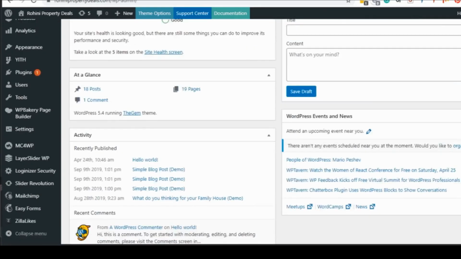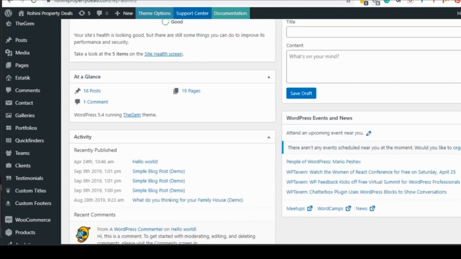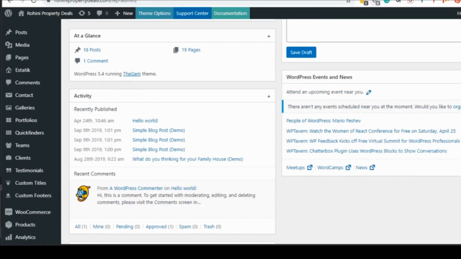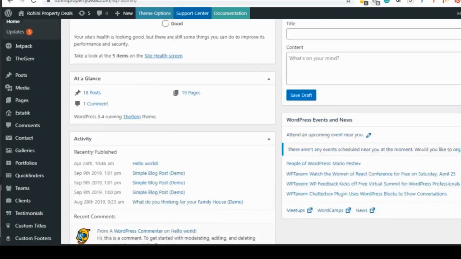So I have logged into my WordPress blog. This is the dashboard of the website. So I need to add this code in the head section of this theme. So instead of directly adding it to the theme, I prefer a plugin named Insert Headers and Footers. Let us just install it.